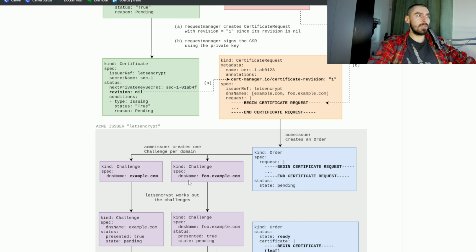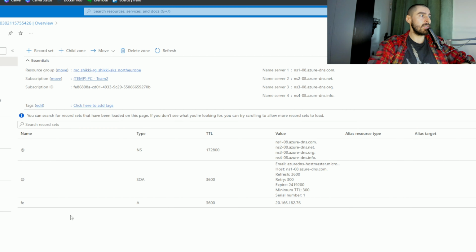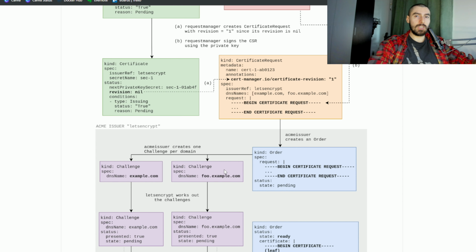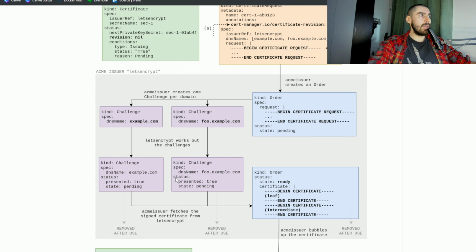And in our case, it will create a challenge for each domain. It was that TXT record you were able to see here in the DNS zone and that disappeared at the end. So the challenge itself is tasked with creating the TXT record inside of our DNS zone. Then Let's Encrypt works out the challenges. So once the challenge creates the record inside of the DNS zone using the managed identity, which we created like 20 minutes ago, then Let's Encrypt will